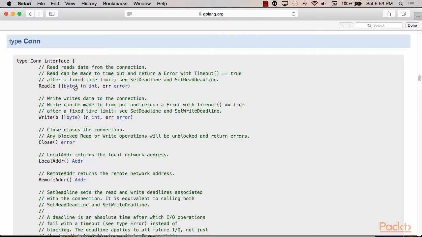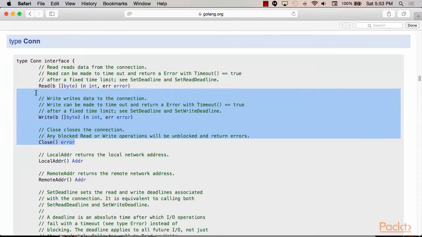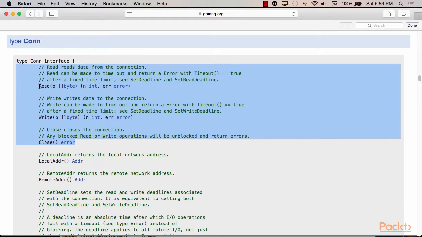It supports the I/O reader interface as well as the I/O writer interface, as shown. And this is done by implementing the read method and the write method. It also supports a closer interface, which closes the connection. And between those three interface methods, the Conn type gets the support of most of Go's popular packages, like the fmt package, for